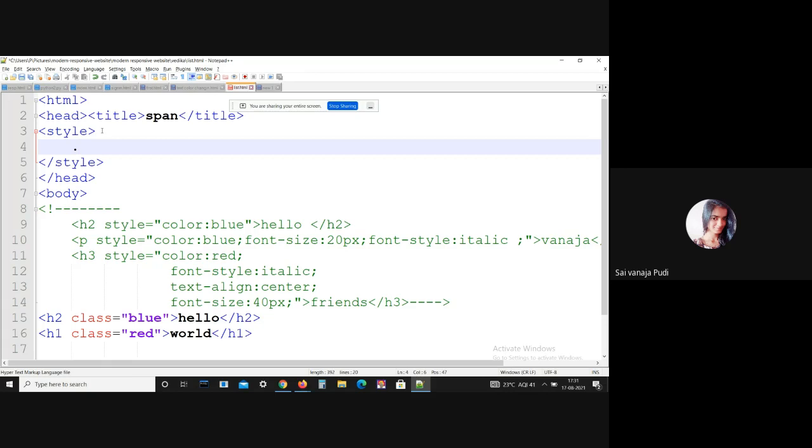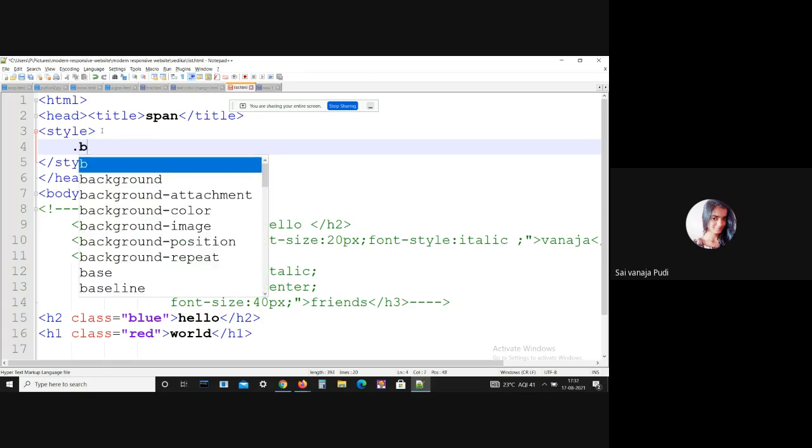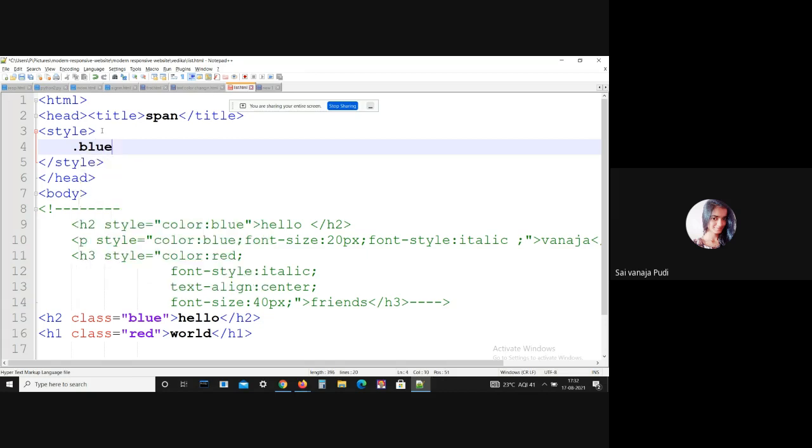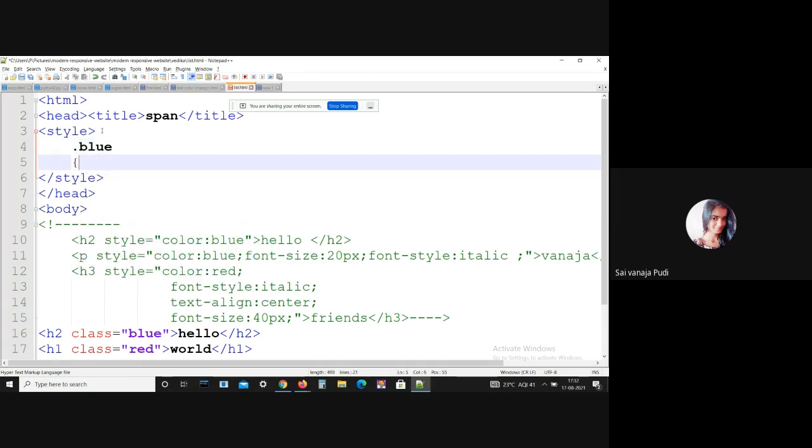Here, what is the first property? That is blue, right? Blue. After that, you should open the curly braces, and here you can give all your properties.